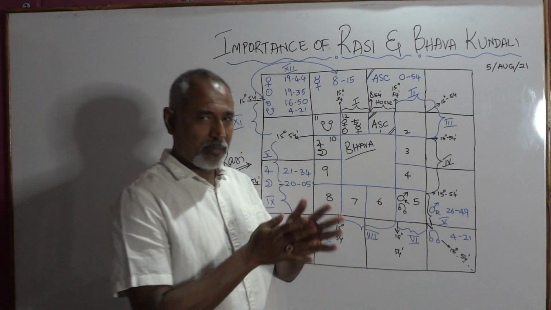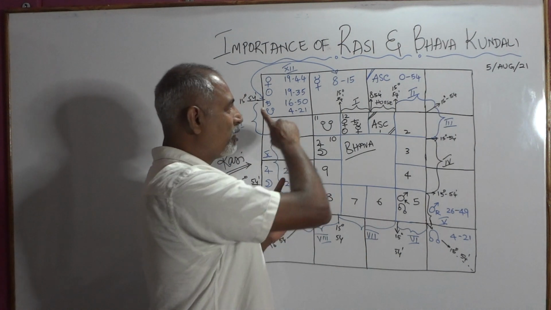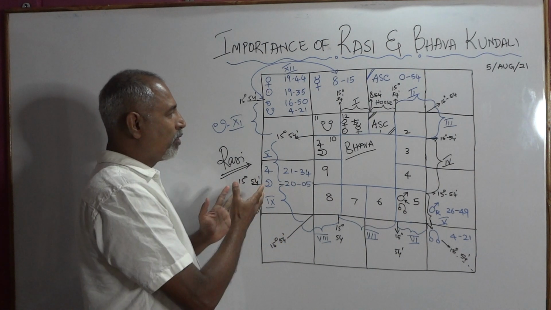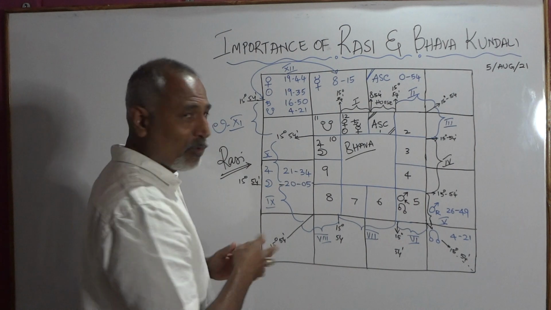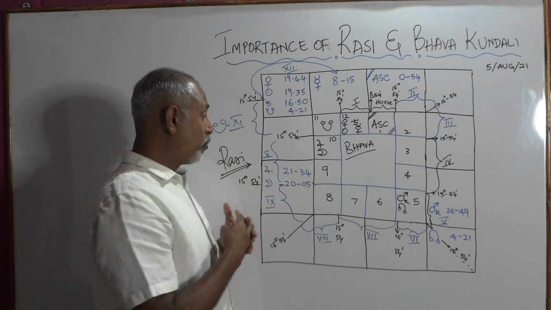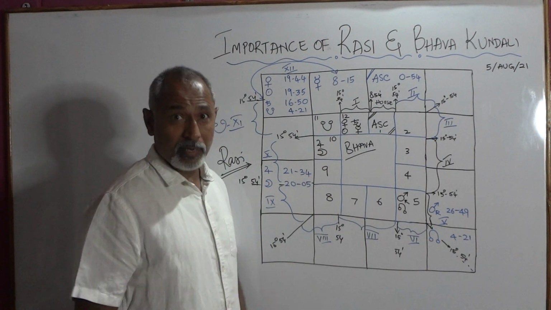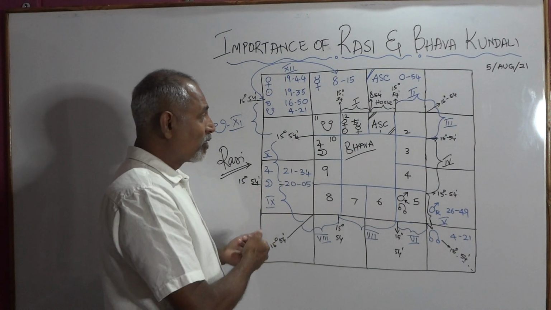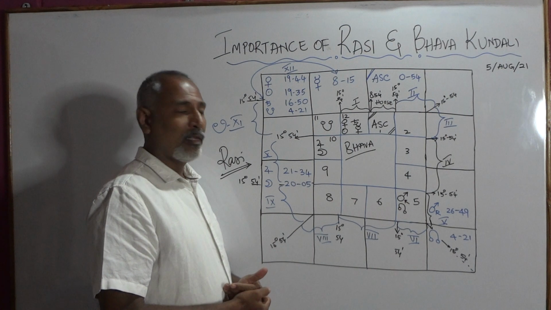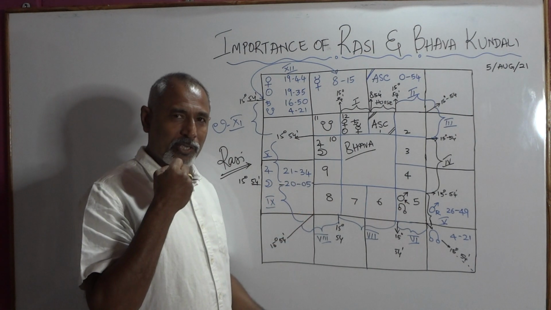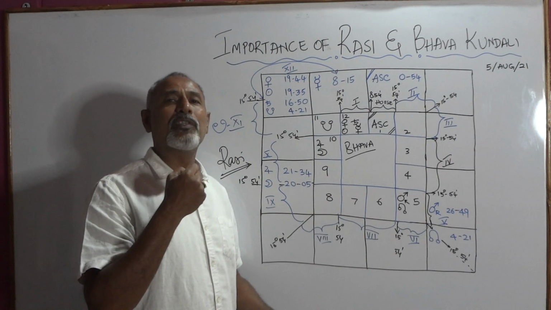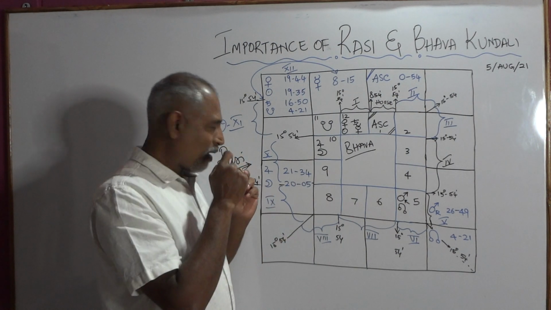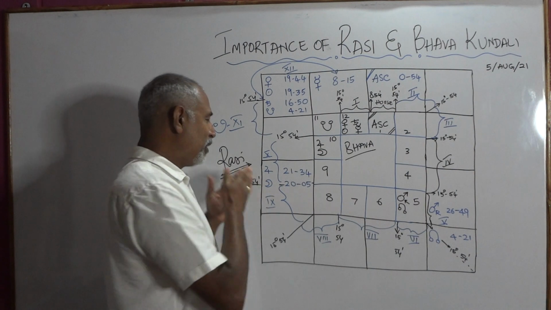Now, if anybody tells that we should only see the Rashi chart, you will be interpreting it totally wrong. Why? Because you will be seeing the Rashi chart and interpreting it as Jupiter and Moon having given rise to a Gajakesari yoga in the 9th house. Actually, Jupiter and Moon have given a Gajakesari yoga in the 10th house. But they acquire the characteristics of the nakshatras on which they are present and the Rashi in which they are present from the Rashi Kundali. I'll again repeat this. Jupiter and Moon both are present in this Rashi,